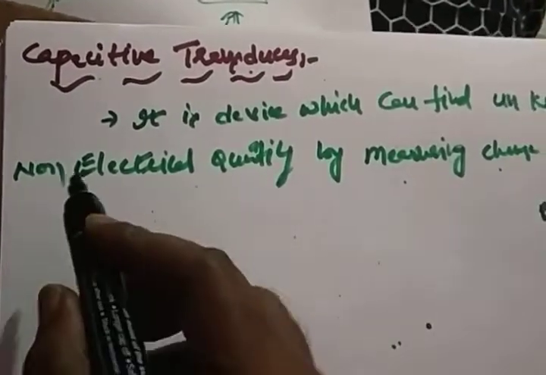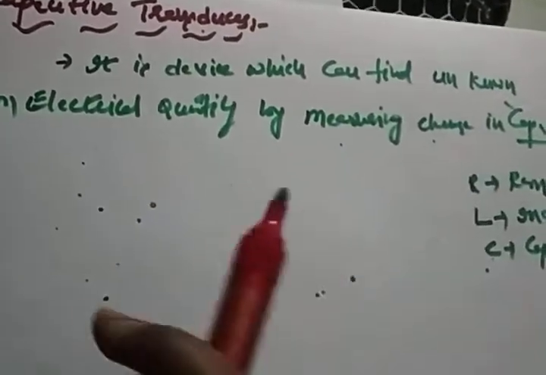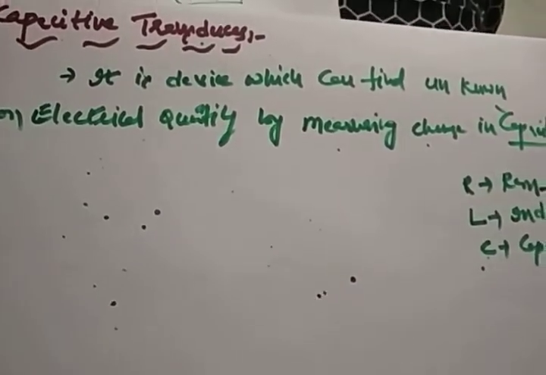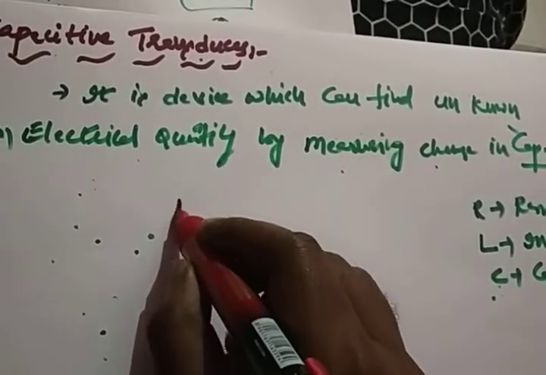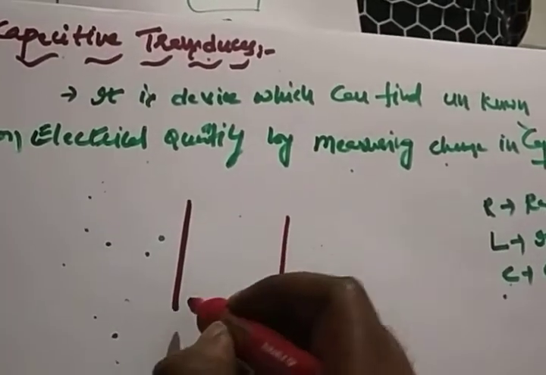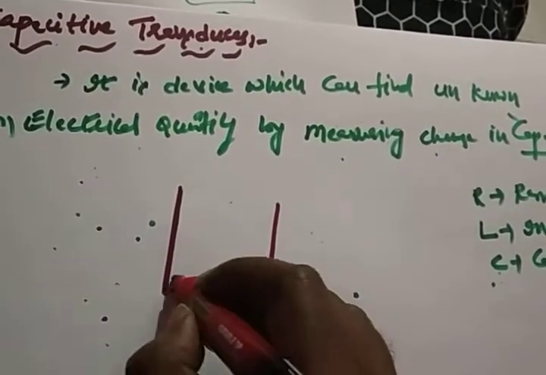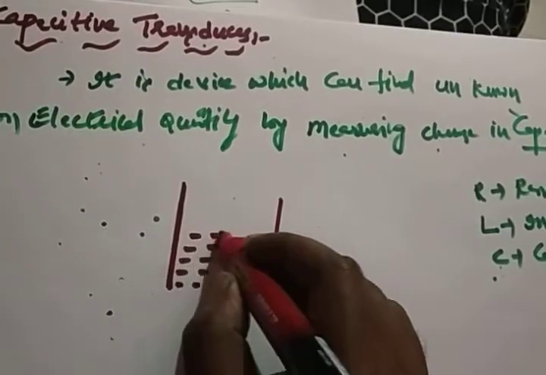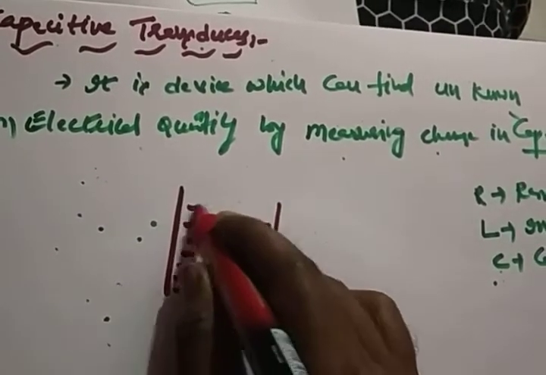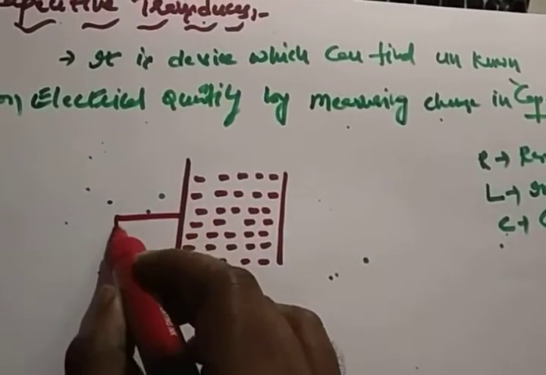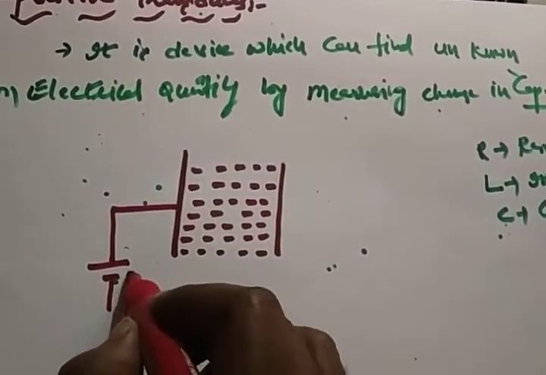Now, what is capacity? You know that capacitance involves two parallel plates. Between the two parallel plates, one dielectric medium is placed. So we have two parallel plates, and we are placing a dielectric medium here. This dielectric medium may be anything, air or any other material also. When you apply a voltage V,